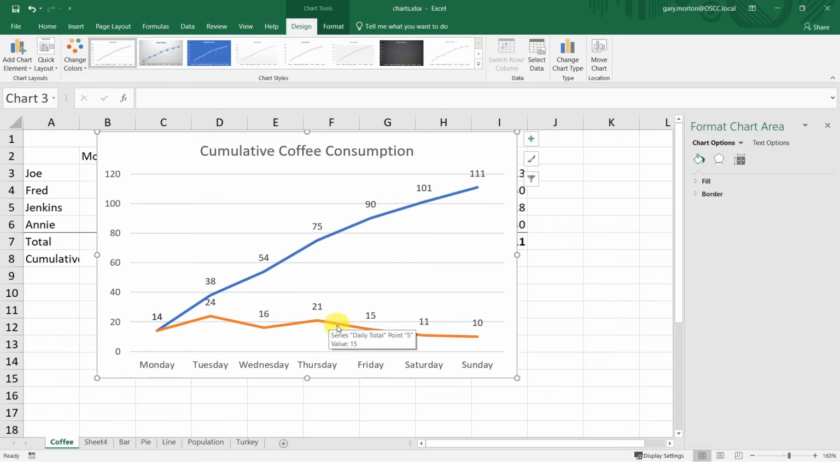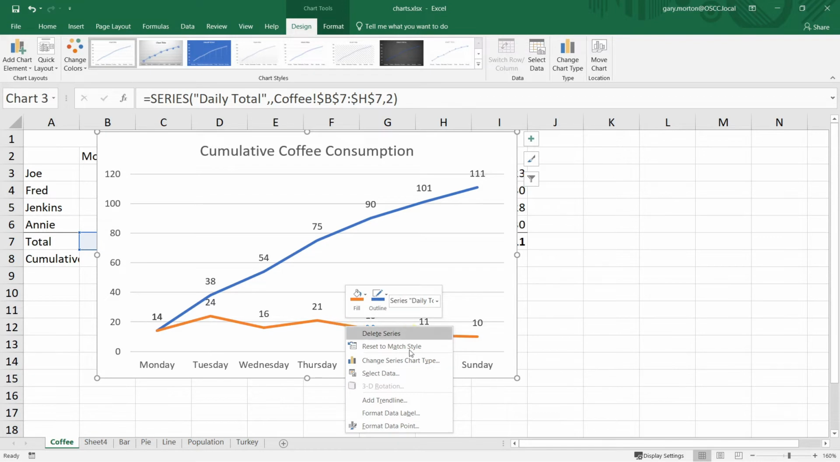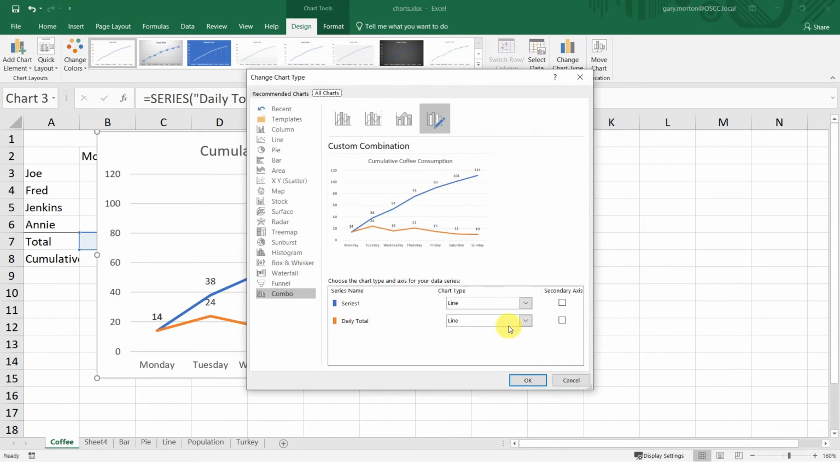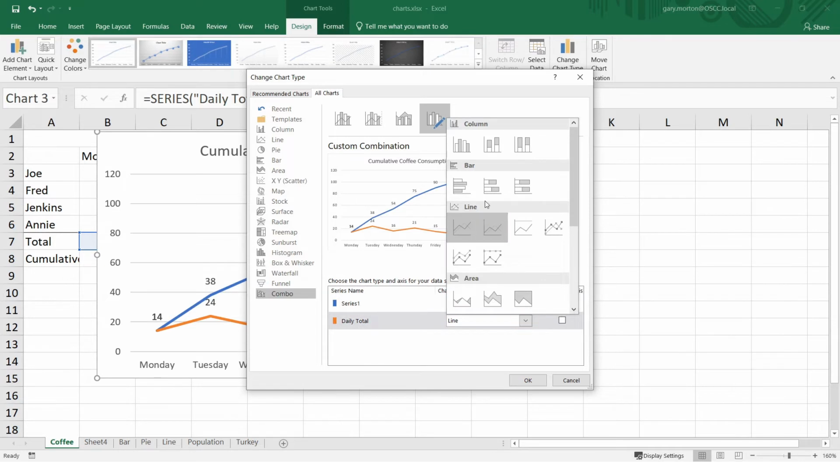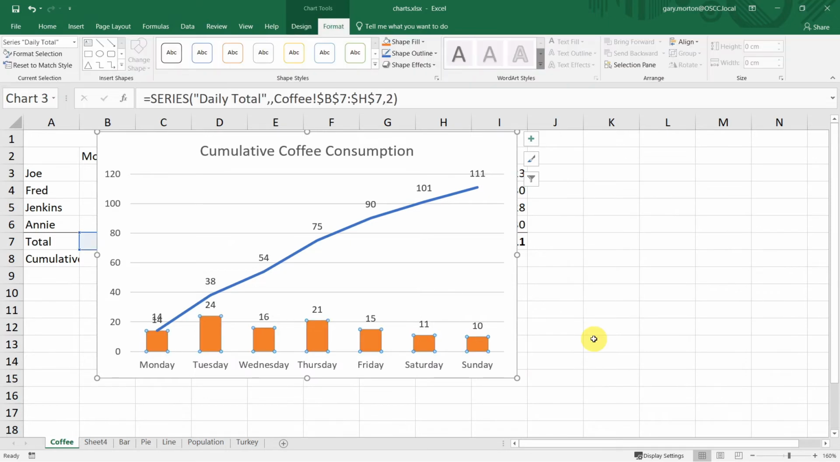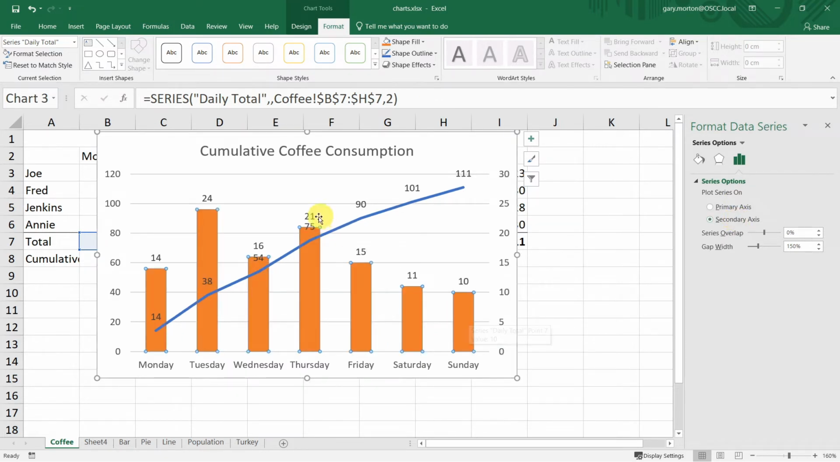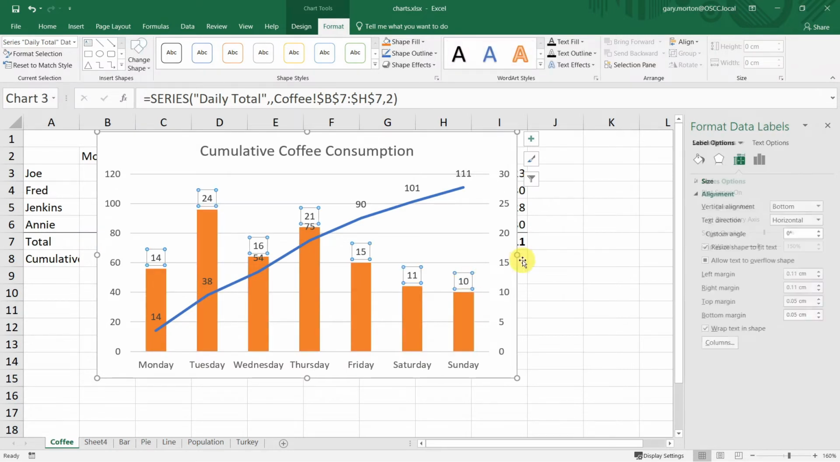The daily totals might be better represented by a bar chart. Click on the daily total series, right click, change series chart type, and change the daily total from line to a bar. We can use two different scales for our series. To scale the two series separately, double click on one of the daily totals, bring up this menu here, change plot from primary axis to secondary axis. To rectify the interference between labels, we can move the labels for the bars down to the bottom of the bars. Click on one of the daily total labels,